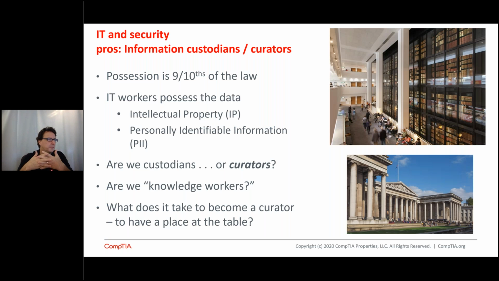And this brings up, I think, a larger point. IT and security professionals are information curators. These are pictures here that I took of the British Library, that top one there. That's the British Museum down below. Think of it this way. All of this data gets generated, and companies are using it and processing it, and I don't care if these companies are the water utility, the electricity utility, governments, if they're large or small companies, more and more we're all becoming information companies.